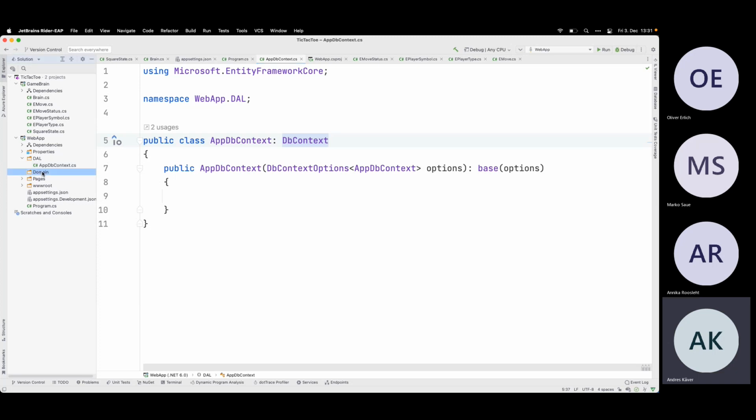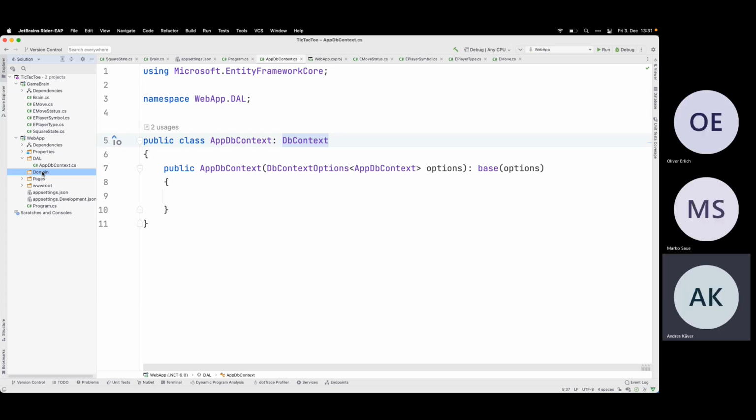So now I need to design my domain, what I will actually keep in the database. Basically I have two tables, it seems, at least initially. I have the save games and then the save game states, or something like that, like games and states.